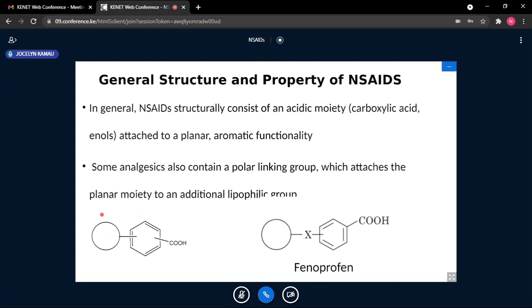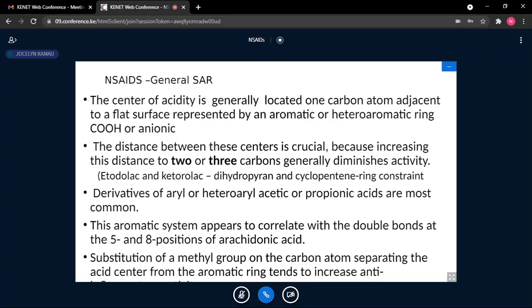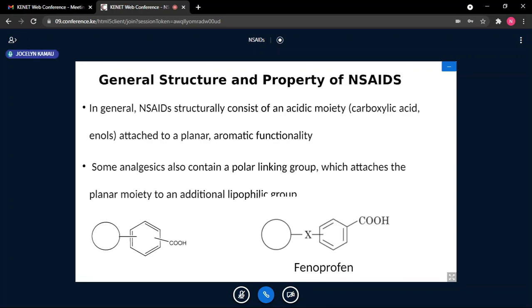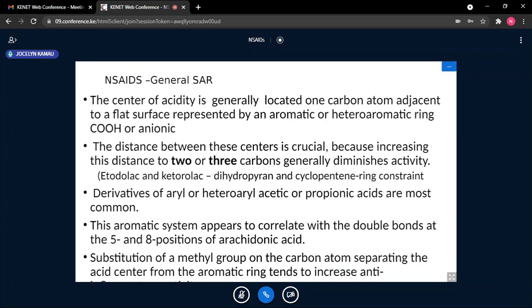But there are others, like the carboxylates, and you can see here I've drawn it, where this group is directly attached. Like when we look at diflunisal, the salicylates, remember, have only one ring. Diflunisal has a second phenyl ring, which is also with halogens, as I have said, and that is directly attached to the aromatic ring. It is not attached through a polar group like in fenoprofen. So it can happen this way, or it can also happen that way. And even, I've said it can also happen another way, where this one and this one are fused together. That is just the general structure and property of the non-steroidal anti-inflammatories.